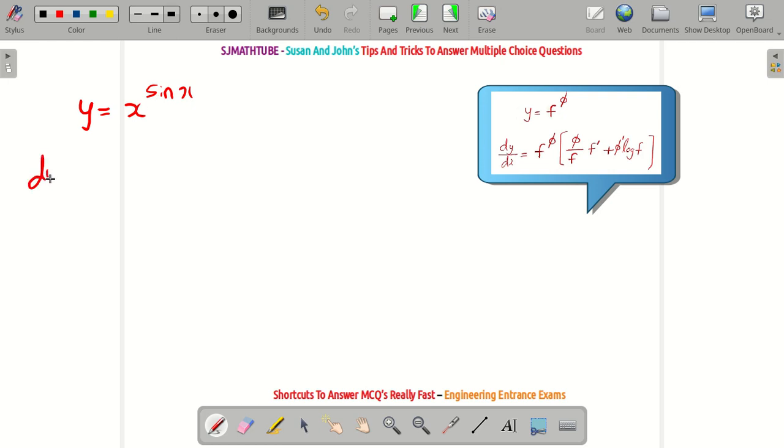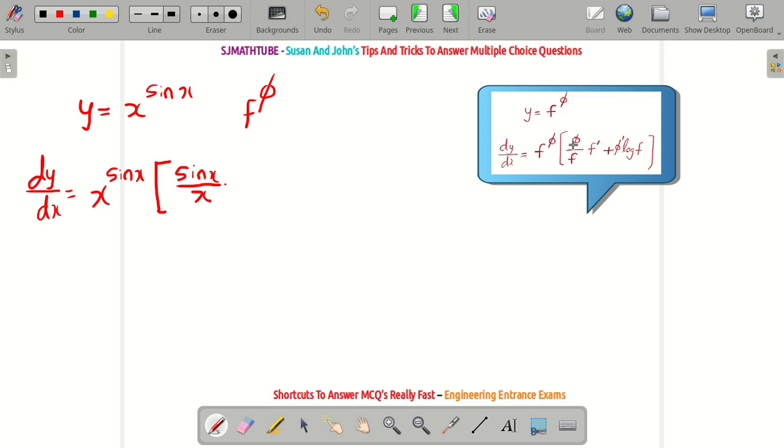So dy by dx is equal to, can you see f to the power 5? Okay, so copy the same thing, and then you write 5 by f. That will be sin x the whole divided by x